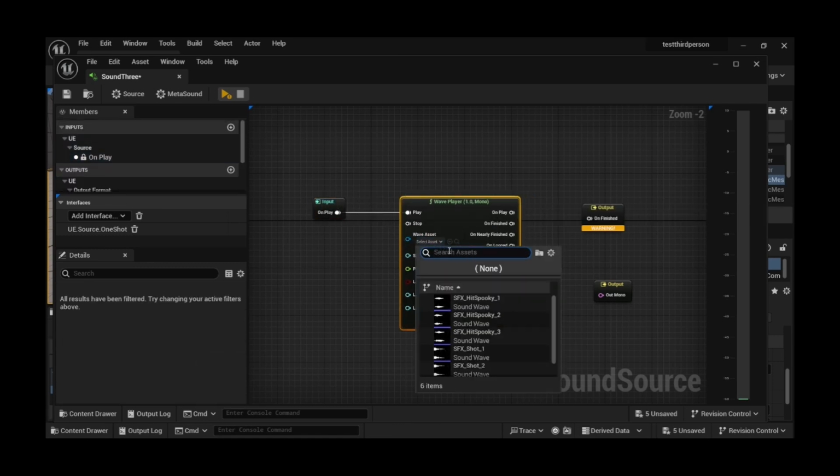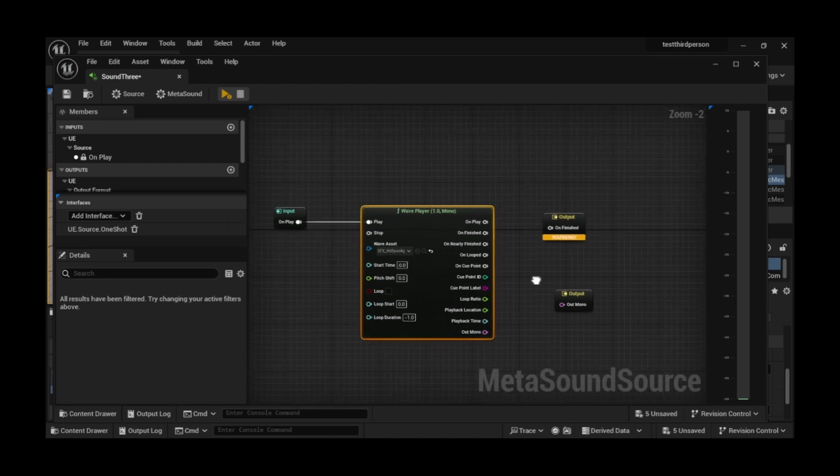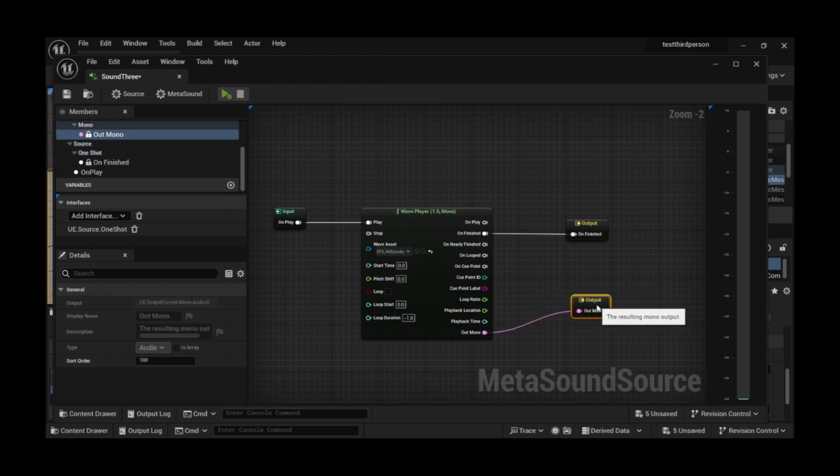But let's just be nice and simple here. Put that there. And then we have more of these pins. On play, we can have it trigger something else within the same meta sound if we wanted to. On finished, we could have it go to the output, in which case it ends the meta sound. We also have an out for our audio, which goes there. So now if we hit play,